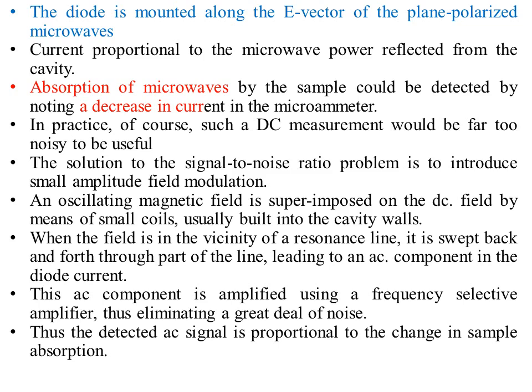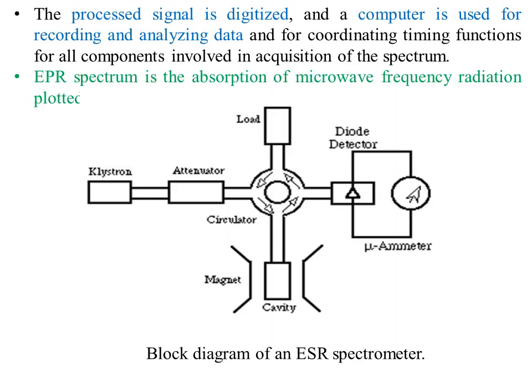This AC component is amplified using a frequency selective amplifier, thus eliminating a great deal of noise. Thus, the detected AC signal is proportional to the change in sample absorption. The processed signal is digitized and a computer is used for recording and analyzing the data and for coordinating timing functions for all components involved in acquisition of the spectrum. The EPR spectrum is the absorption of microwave frequency radiation